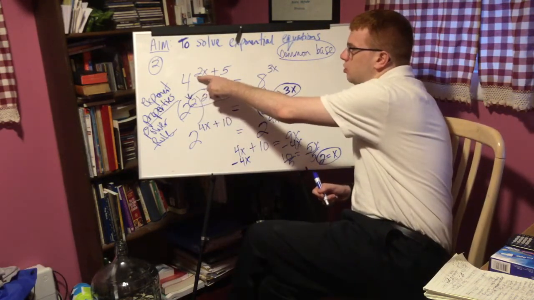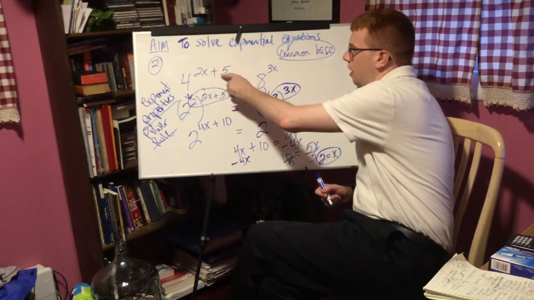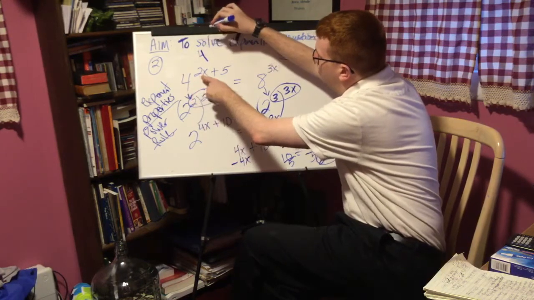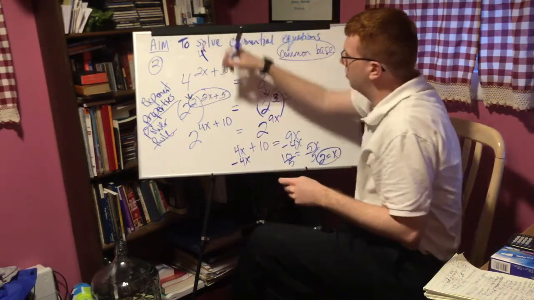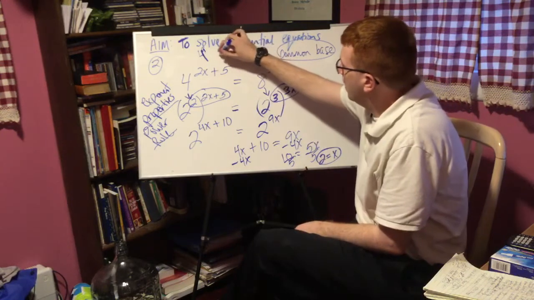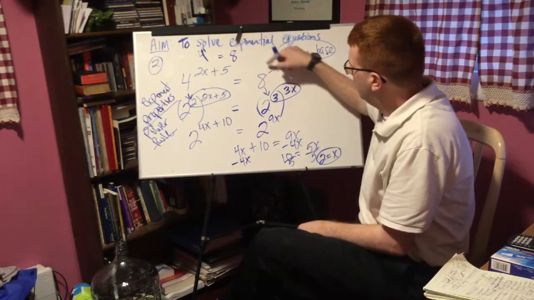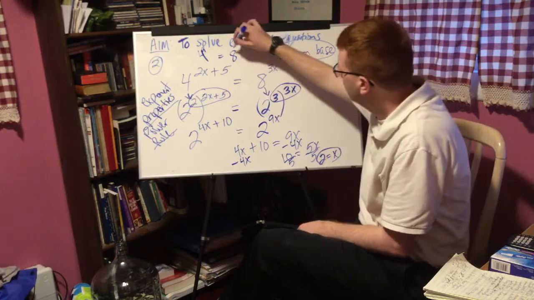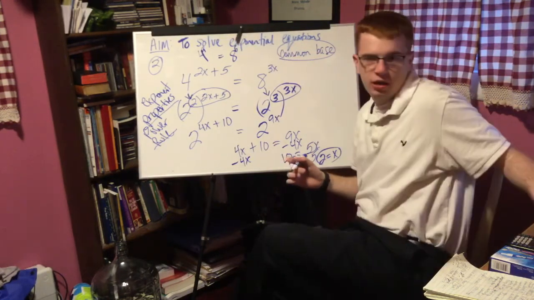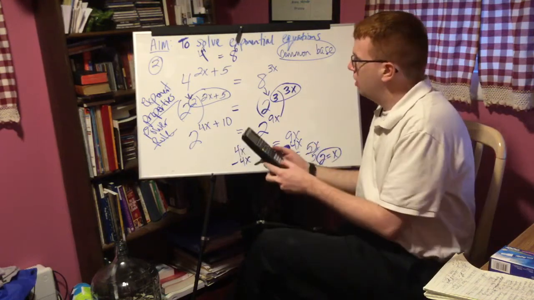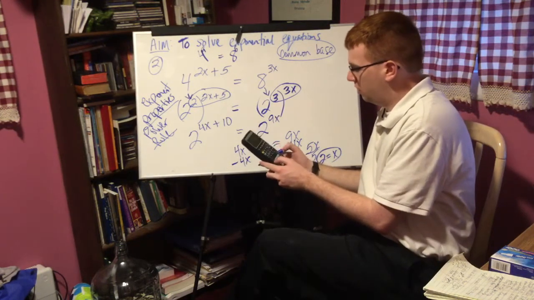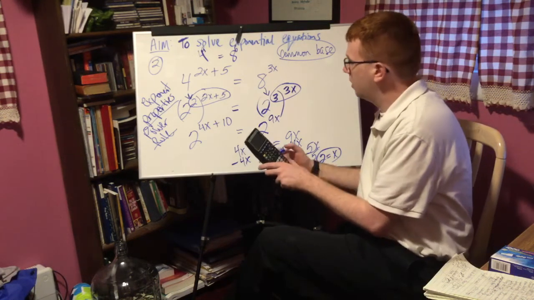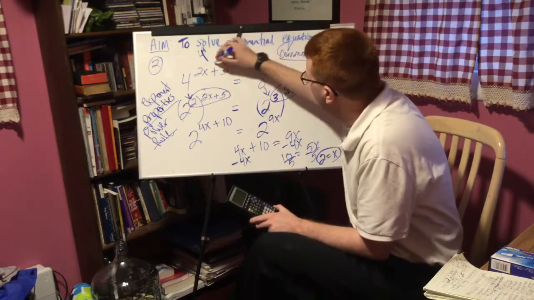4 raised to the 2 times 2 would be 4 plus 5. So 4 raised to the 9th power is what that's going to be when we substitute. Is that equal to 8 and then to the 3x power? So that would be the 3 times 2, which would be a 6. And then on your calculator, you can test that out and see if that's true. It's always good to check your answers. So 4 is raised to the 9th power. The value that you get would be